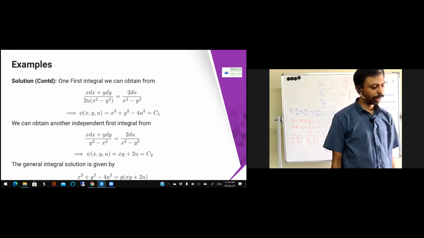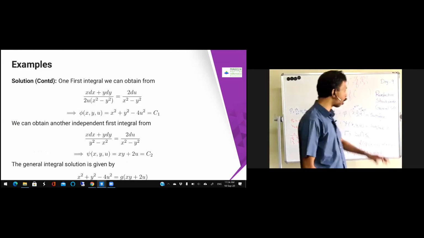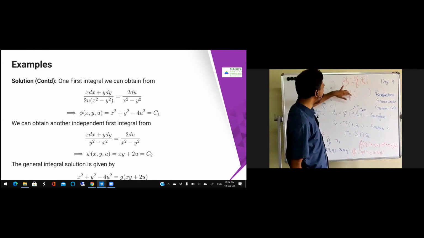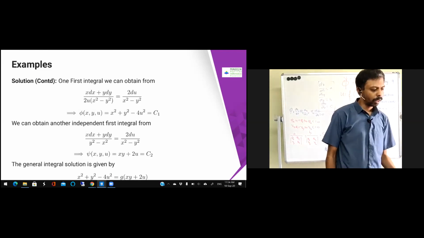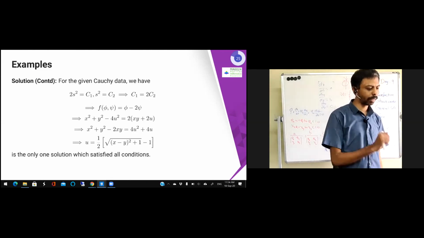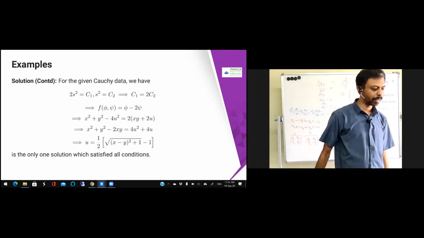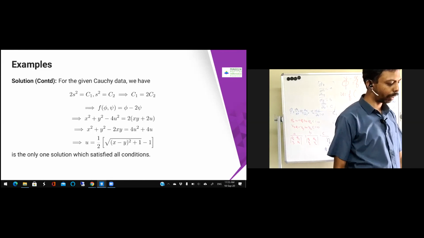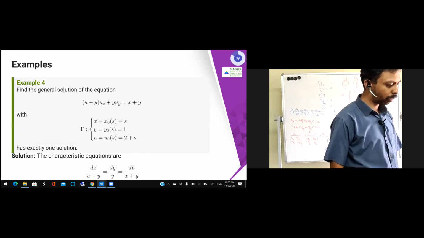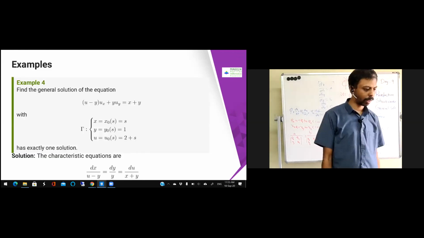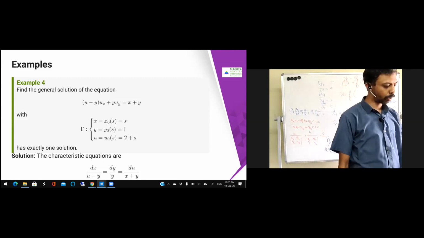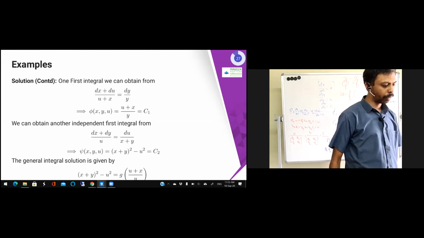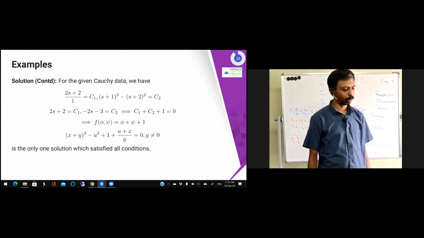Then you can write one as the function of the other. Psi I have obtained, pi I have obtained, and you can write either psi equal to g of pi or pi equal to f of psi. It doesn't matter which one. Then you have to substitute the initial conditions. I just leave it as an exercise to you, so just go through that. I will not get back to this in the next class; we'll go to the other concept in the next class. Similarly for these two problems, you can just go through them. If you have any questions, ask.